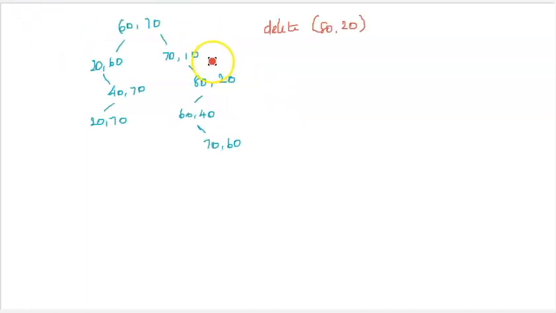Okay, this is another interesting case that you will be looking for the answer. Let me try to delete 80-20, right? So as usual, we'll be searching for 80-20 from the root and we find it in the X dimension. Okay, so in order to delete this, we have to find whether it is a leaf. No, it is not a leaf. Then we have to look for the right subtree. But we don't have any right subtree here. So we have to search towards the left.